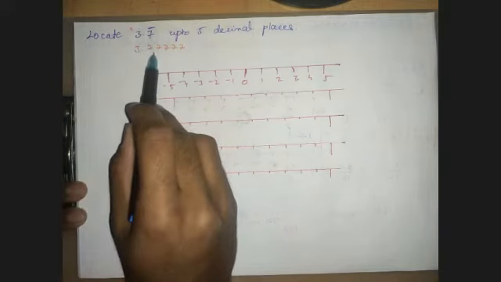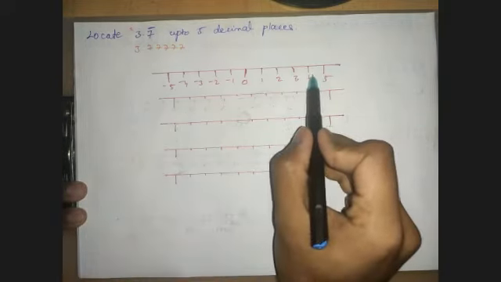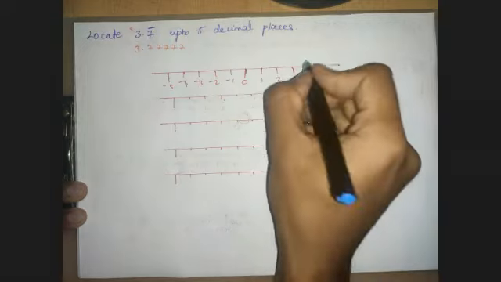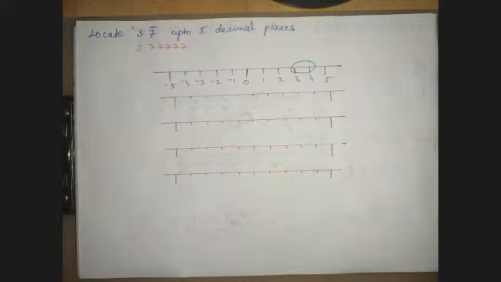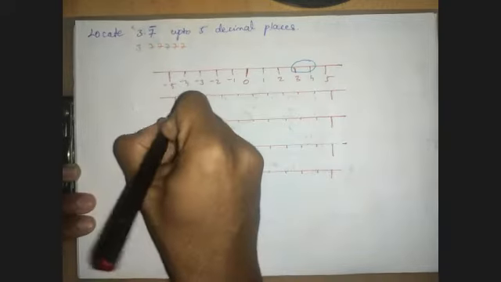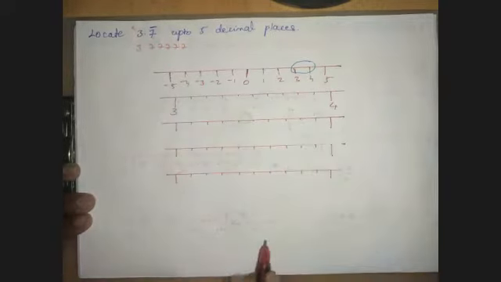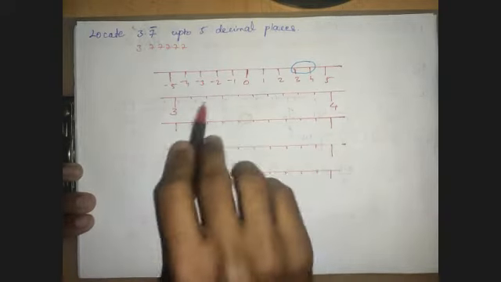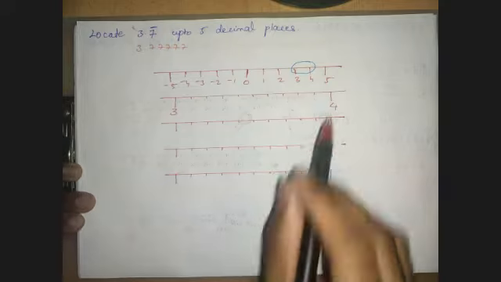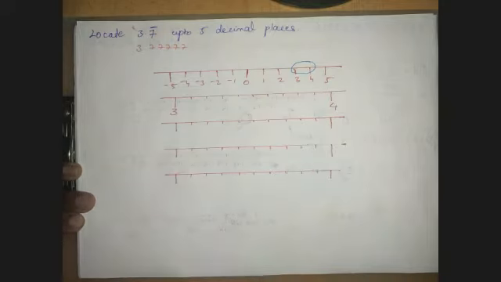That is greater than 3, but less than 4. So it lies somewhere in between here. So we have to zoom this part of it. So mark 3 here and 4 here. Now we have to equally divide this into 10 equal parts. That means we have to insert 9 numbers in between that.